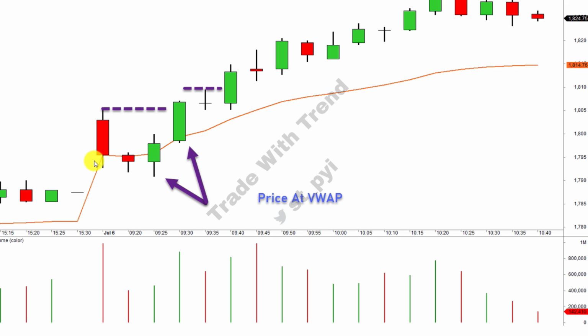The opening candle tested it out. The next candle was again narrow in range. Look at the volume activity here. There is no intent of sellers to take the price below the VWAP with conviction. Then you get this third candle here, again somewhat average volume activity. Price manages to head above the VWAP here. And in all these three candles, if you see, there is some element of tail that is visible.